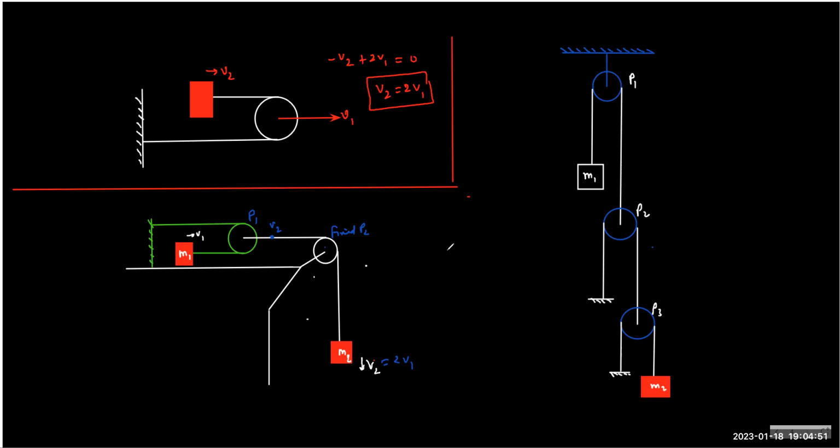Very good. For every movable pulley, you can write the constraint relation. That's called the pulley constraint. To start with, you can make some assumption. Let's say M1 will either go up or down. Tell me what you want to assume, up or down. Up. All right, I'll stick to what you assume. Let's call this V1. If M1 goes up, then M2 is bound to go down. So can you correlate V1 and V2 here?